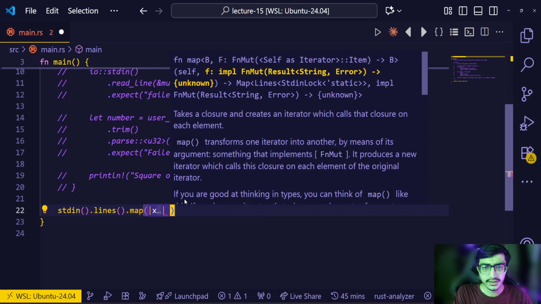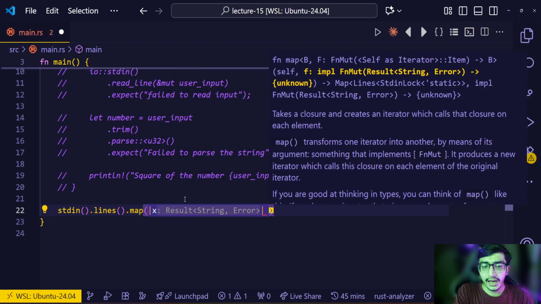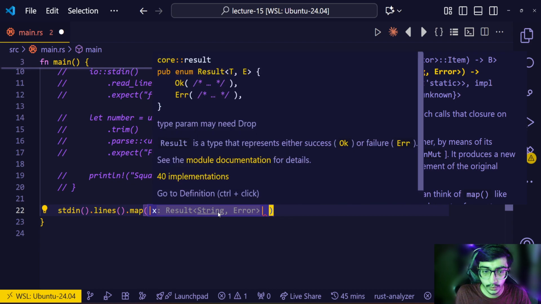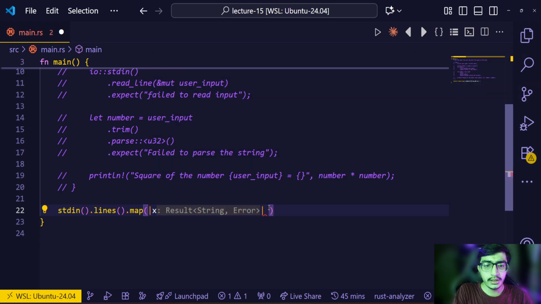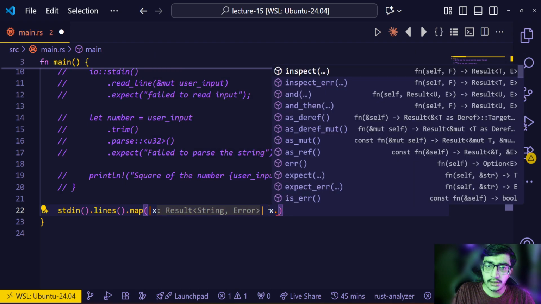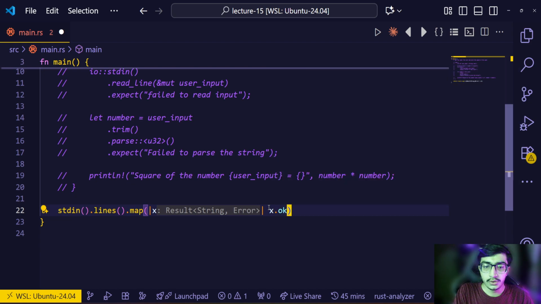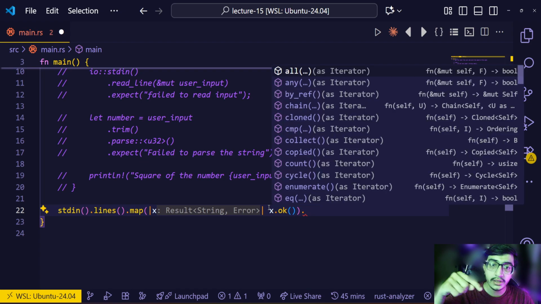Let's say x is a closure, and x is a Result, where the first variant of the enum is Ok and the other one is Err. So let's do x dot, we have multiple methods. What we have to return from this map is the Ok value, the actual value. So let's just return the ok. Now save it. Okay, now let's map over that specific